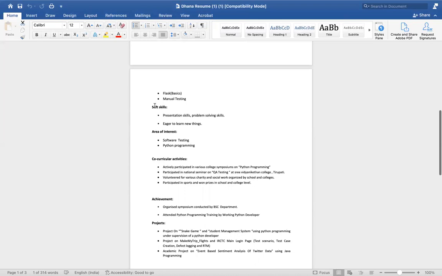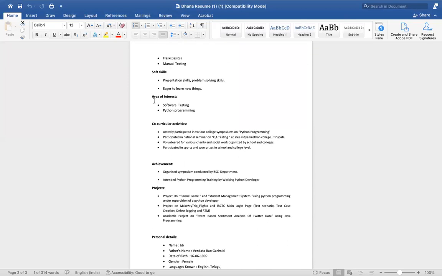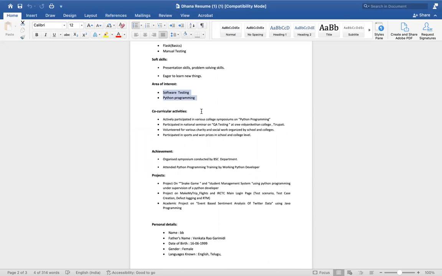And then soft skills. Soft skills are apart from technical skills, what other skills you have? Good presentation skills, problem solving skills, eager to learn new things, etc. Then area of interest. Here you can mention what areas you are interested in, like software testing, Python programming, etc. Then co-curricular activities. Here is the place for the achievements or the charity events or the symposiums